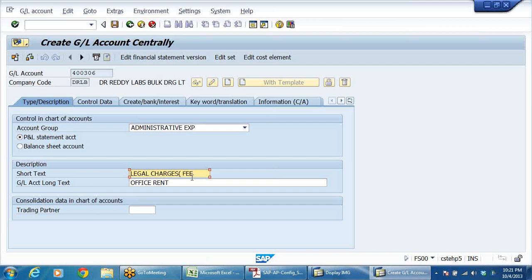Oblique fee. Right. Charges and fees. Right. Now let us